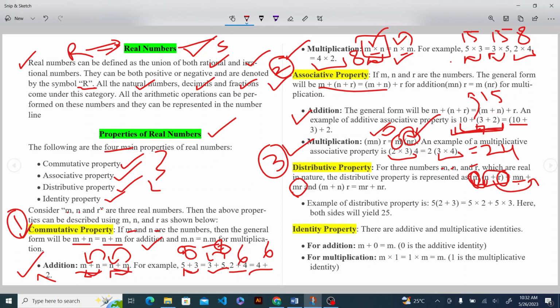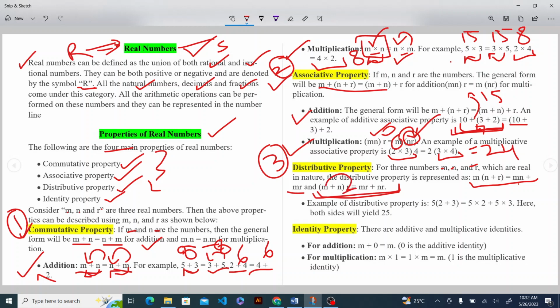It can be written in two ways. The first way is this one, that the first number is being multiplied with the sum of the second and third. And the second way is to write them like here. You are adding the first two numbers, m and n, and then this sum is being multiplied with the third number, and then